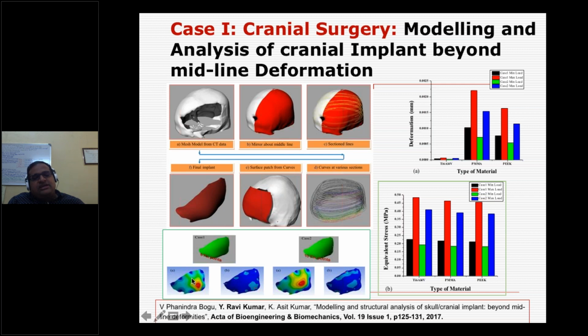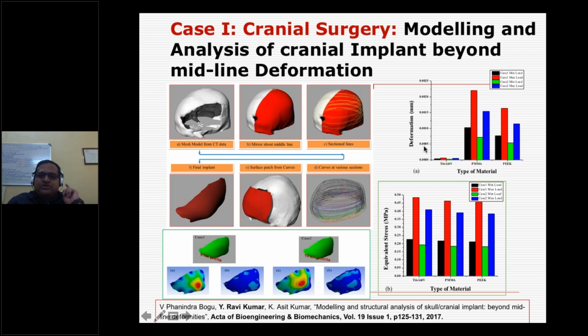Of course, your fluid, as I mentioned, your cerebrospinal fluid, so that pressure should be uniform. It should not be moving to this side or that side. It should be at the center. It means the pressure of the fluid should be uniform across your implant. So that's what we have done the simulations on: how to fix, and where to fix these fixation points.